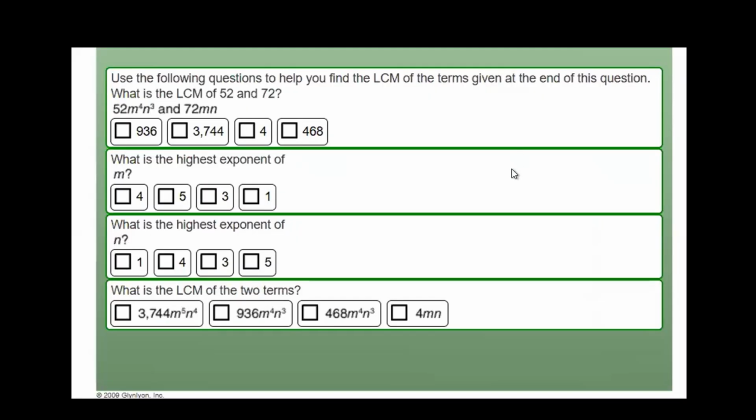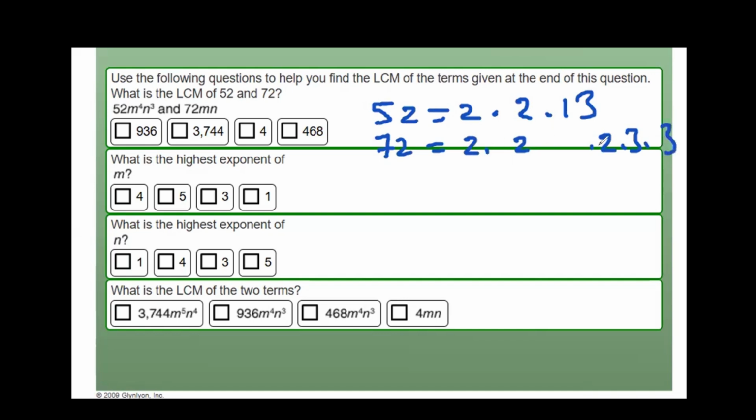Go ahead. Use the following questions to help you find the least common multiple of the terms given at the end of this question. What is the least common multiple of 52 and 72? 52 is 2 times 26, and 26 is 2 times 13. 72 is 8 times 9, so it is 2 times 2 times 2 times 9. So 8 is 2 times 2 times 2, and 9 is 3 times 3. Least common multiple is,